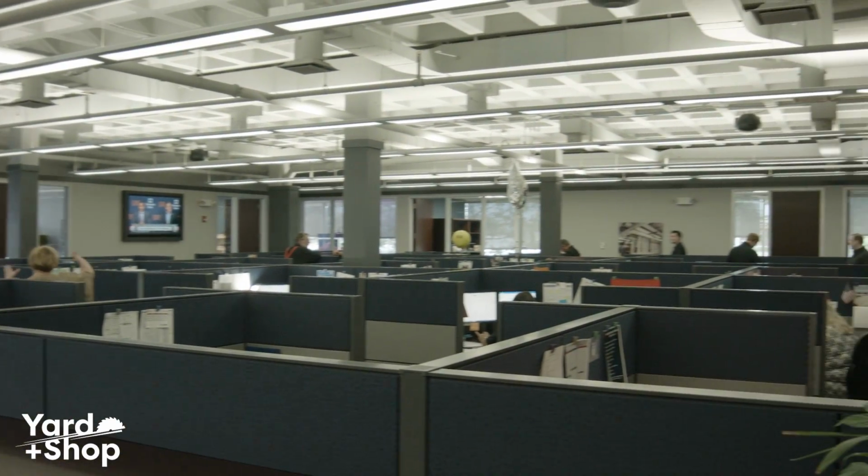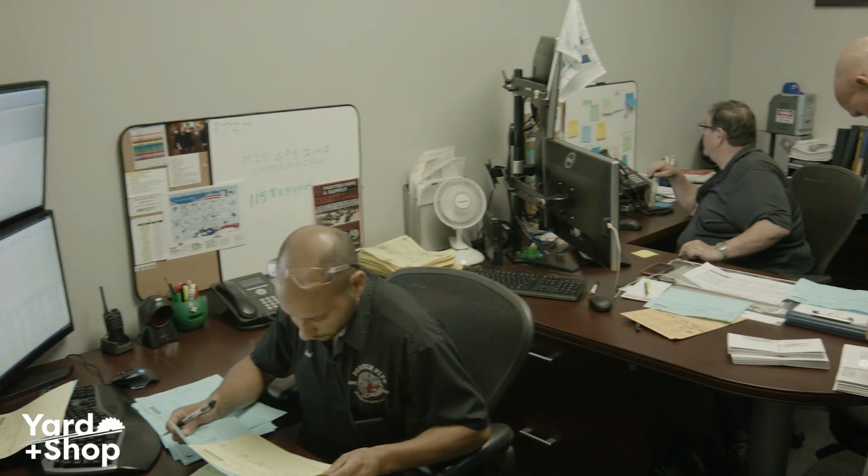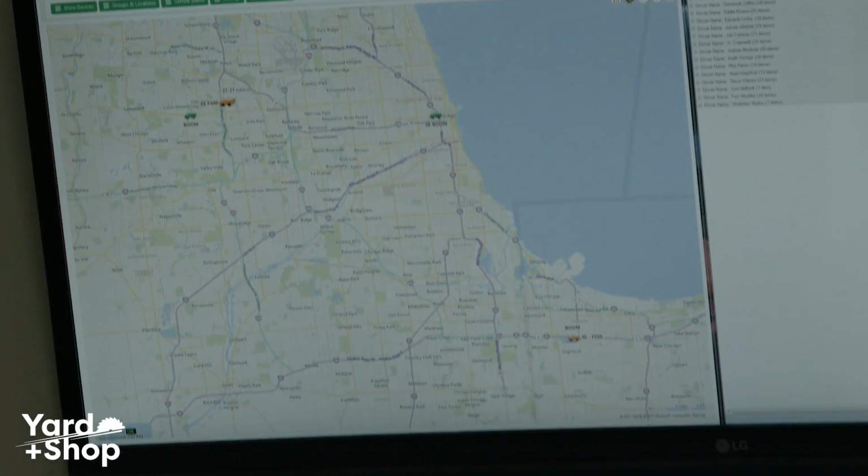So the process for placing an order with Porter Pipe, most orders are called in through the phone. They come in through our receptionist and are routed to our sales team. We also have our will call location here, Chicago, and in Hammond. It's then routed to our dispatch office, where they assign it to a truck, to a driver. We're running between 15 and 17 routes a day. So they're looking at the weight, the volume, the workload for that truck to make sure that we're hitting all